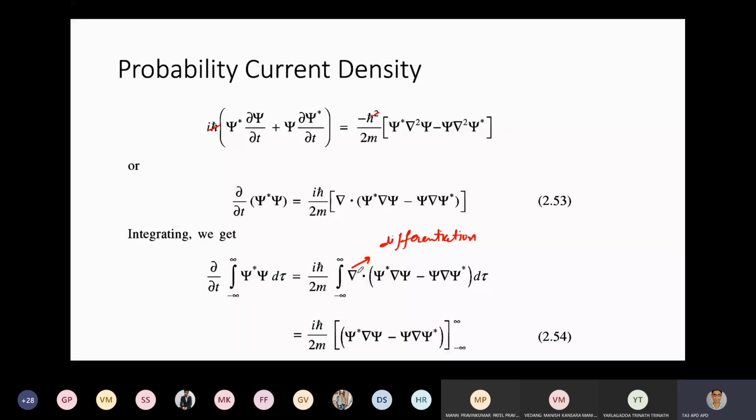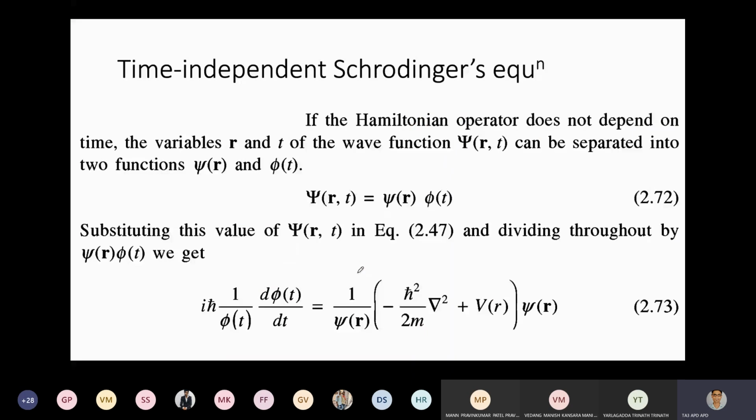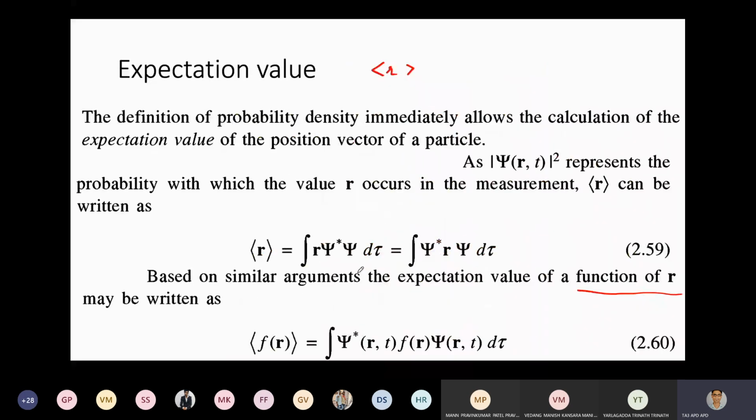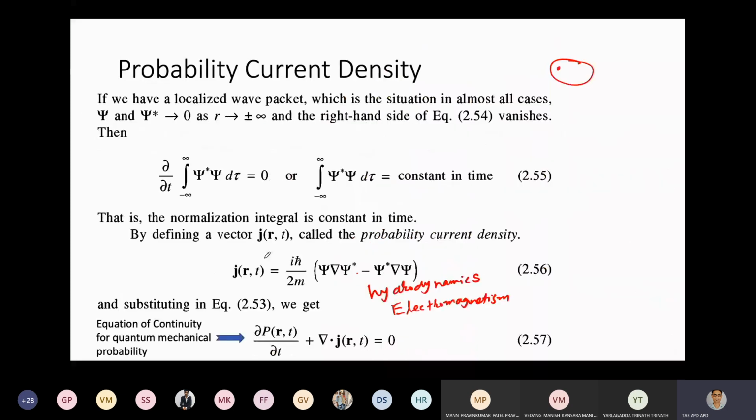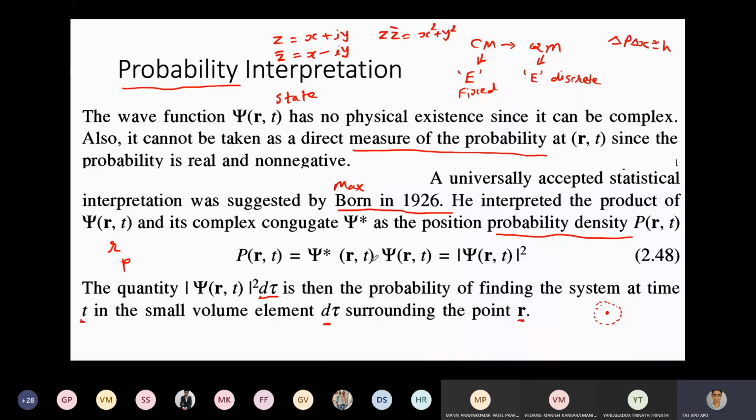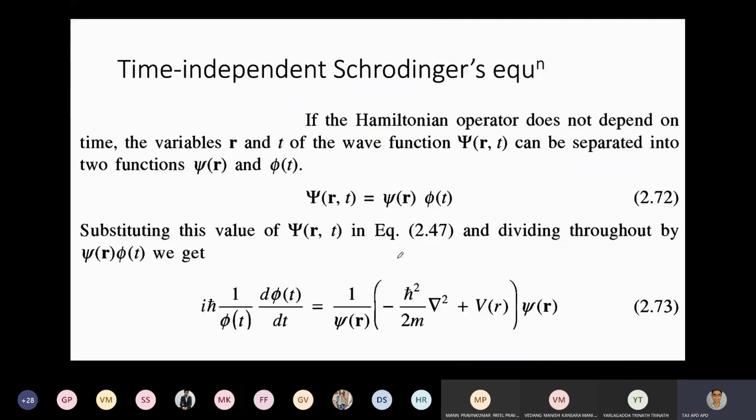All right. So next time we will see this time independent Schrodinger equation, है ना? क्योंकि अब तक जो हमने देखा, this is time dependent Schrodinger equation. Our Schrodinger equation depends on time. जो पूरा function है, psi depends on r and t both. But what if your function does not depend on time? In that case, we will actually separate both the parameters by taking a separation of variables. Okay, that we'll see in the next class.